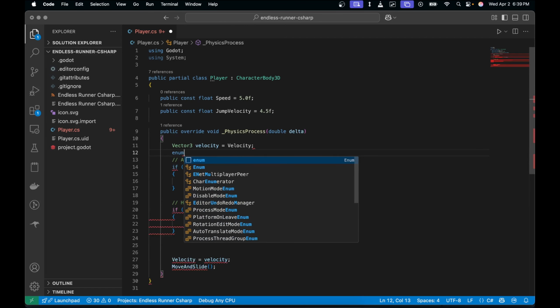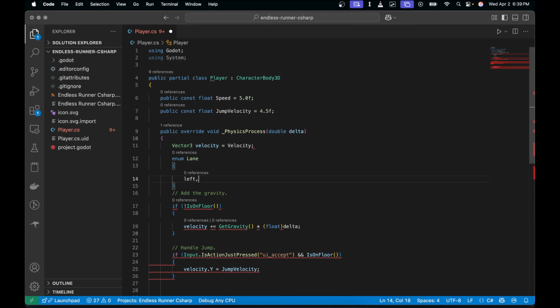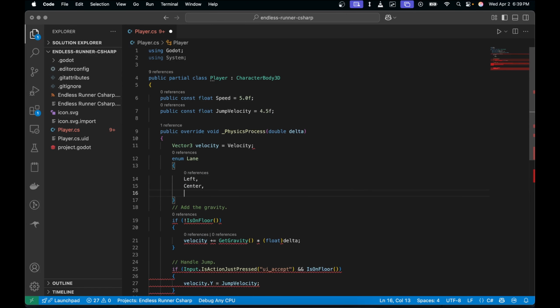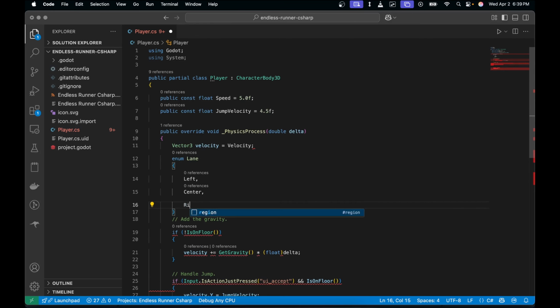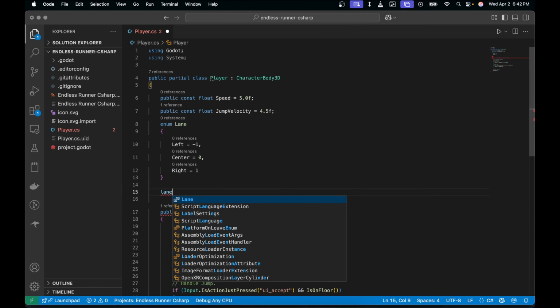and type enum Lane, and we'll go Left, comma, Center, comma, Right. Now we can also make these set to values by hitting the equal key. So equals -1, equals 0, and equals 1. And this enum is going to allow us to define lanes. So I'll type Lane,